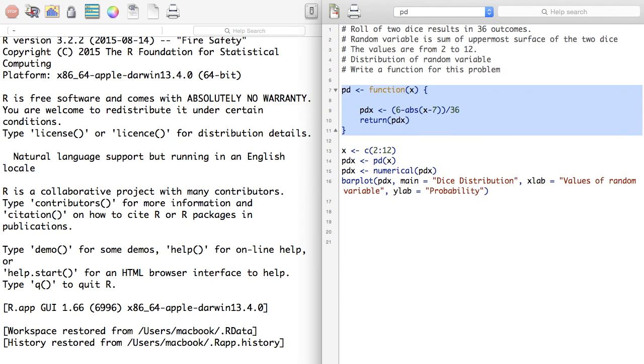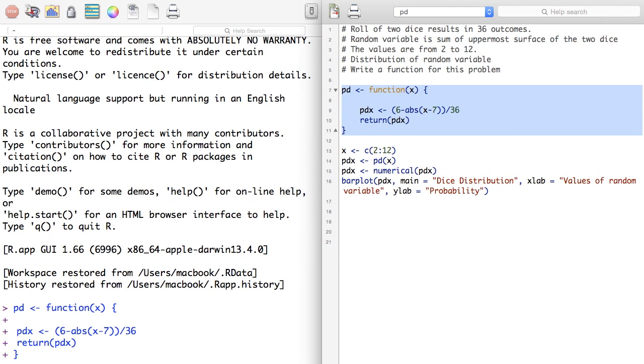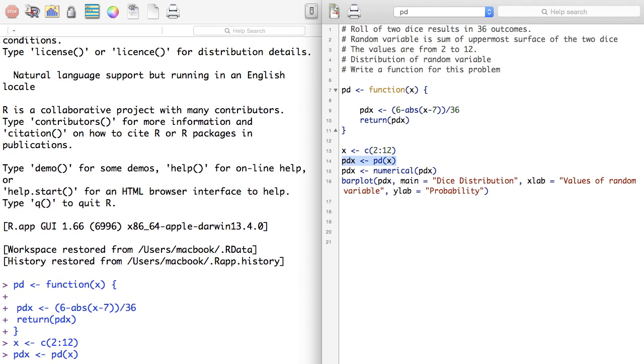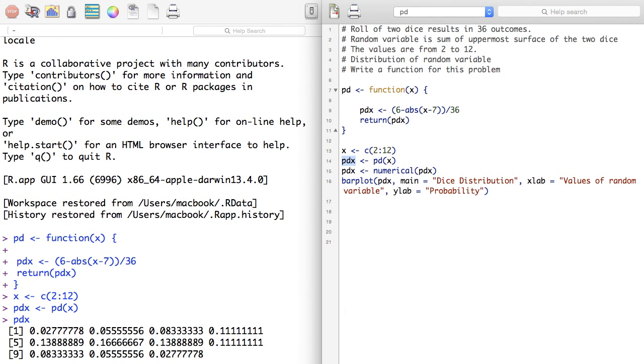This is the function that I'm running first initially. Then I get x. Then I'm running this part PDX. So I get PDX. To see what PDX is, these are the probabilities associated with all the values of x. So x takes a value 2, probability is 0.03, and so on and so forth.